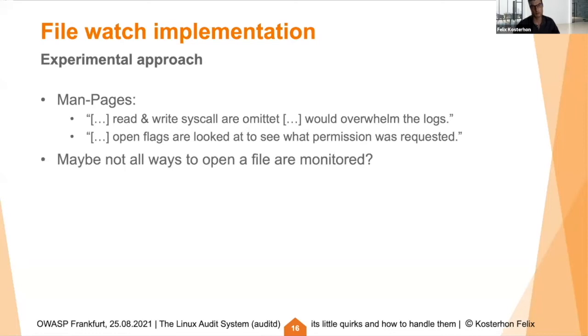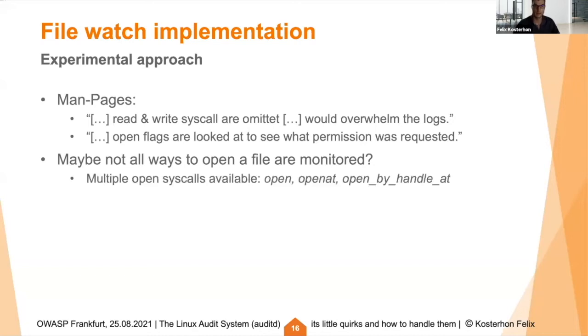And now we could wonder, maybe not all ways to open a file are monitored. If we think back, we had these syscalls, and one really important thing here is that there's not just one syscall per functionality. In fact, there are multiple which do the same or a similar action to get to the same goal. In our case, there are multiple open syscalls available: open, openat, and open_by_handle_at. And when I tried them, we found out